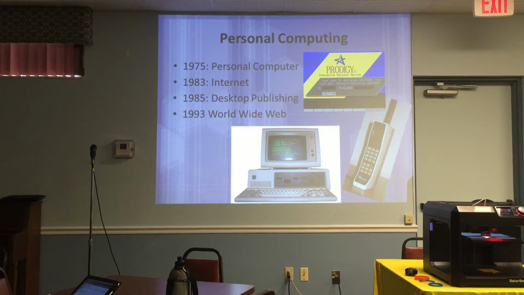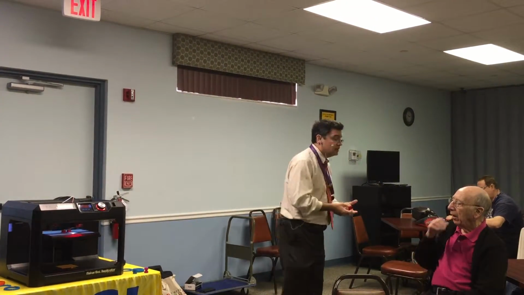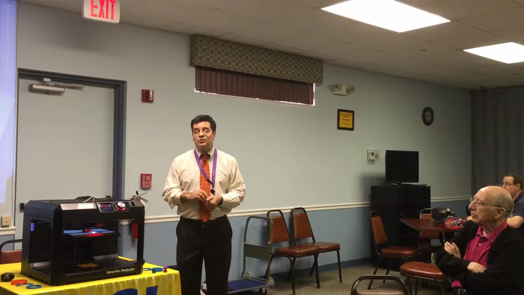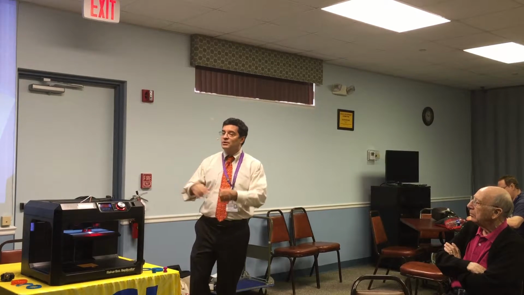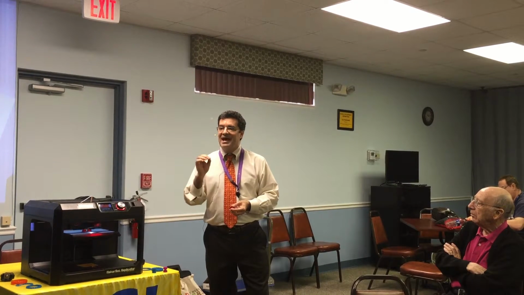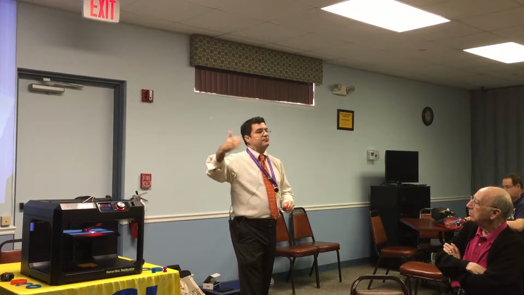Why that all changed is personal computers, and why we're here today. Because about in the mid-70s is when personal computers really got out to the public. The old Commodores, the old PETs, the old things like that for people that did that. In the early 80s is when you start getting the internet coming out to people, and you start getting the ability to share information with everyone. Desktop publishing from 1985. And this is actually one of the more important things about computers that most people don't really think about. Desktop publishing allowed anyone to publish, anyone to print anything they wanted. You no longer needed to go to professional typesetters. This was the next step from Gutenberg.